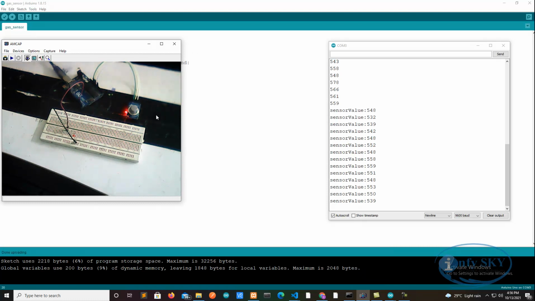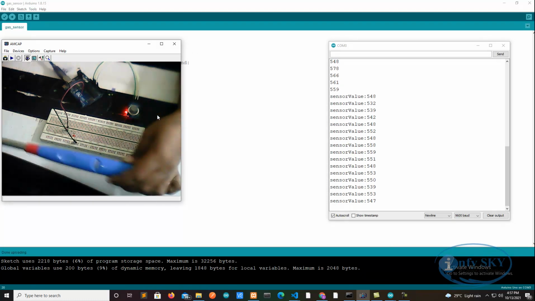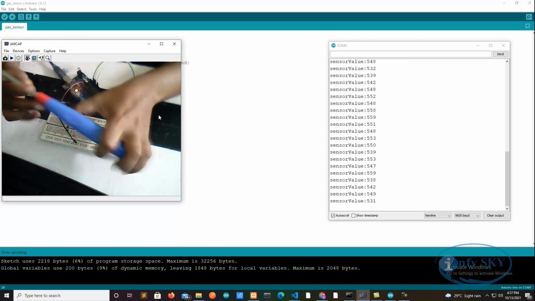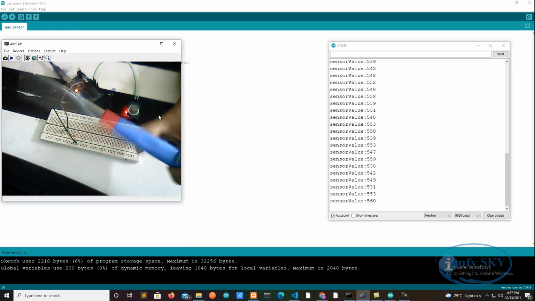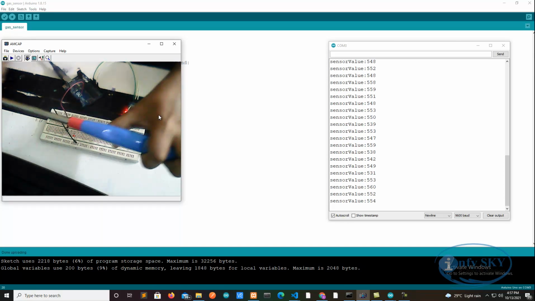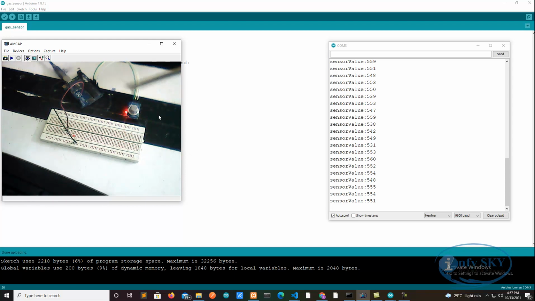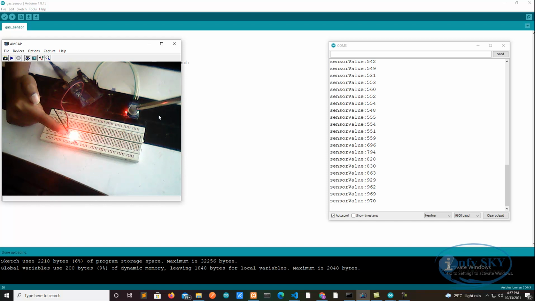Now what I will do, you can take any lighter like this. See, like this you can use. I will turn this on. It is giving gas. So I will take it here, and we can see the difference in value. See, it is increasing now. I have given 860, it is above 860, so the LED got turned on. It is danger level now.